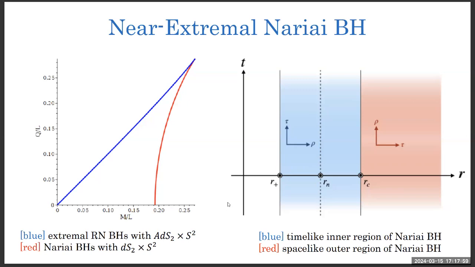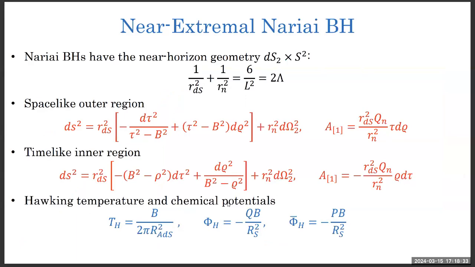Now, the geometry changes to S2 cross S2. So this is the event horizon, the cosmological horizon. Now, this region is time-like, we call it inner. And here the time direction changes, so it is space-like. So the roles of the time and space coordinates are reversed. So it has